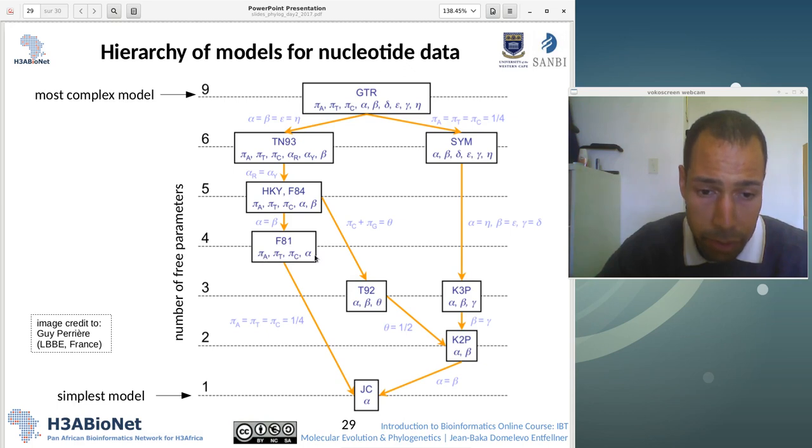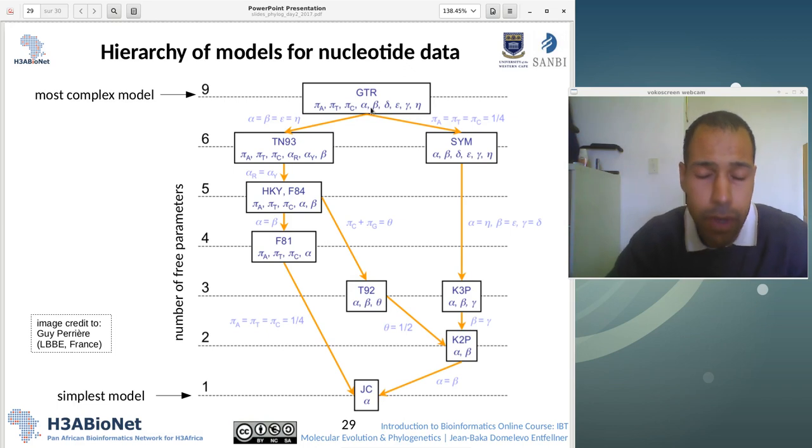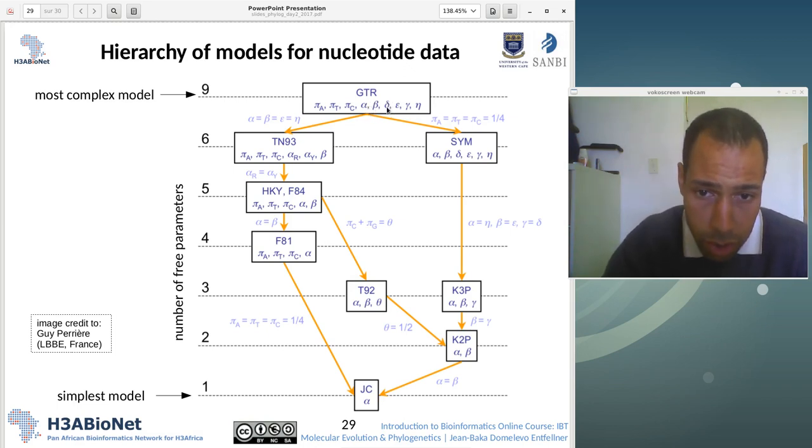Okay, so F81, for instance, has 4 free parameters. The equilibrium frequency of G is not mentioned because it's 1 minus the sum of these 3 equilibrium frequencies. But if here you set pi A is equal to pi T is equal to pi C is equal to pi G is equal to 1/4, then you get to your JC model, okay, with this additional constraint. So you have here a hierarchy of models, and the most complex model is here, okay. As we go up into this tree, the names of these parameters no longer are standard. These are exchangeabilities between nucleotides, but I can't tell you to which pair of nucleotides each of them corresponds. Okay, it's just for reference that I provide you with this